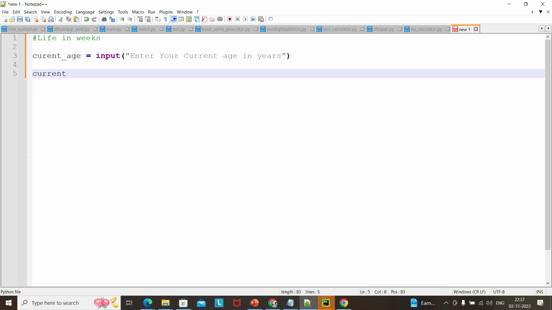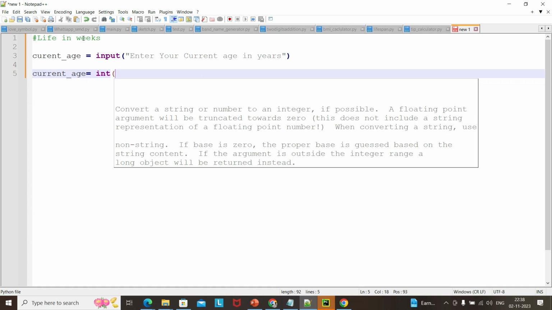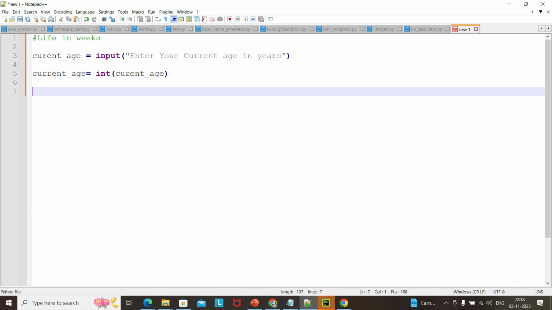So now current age equals int of it, we typecast it to an integer. Now what we expect is remaining age equal to